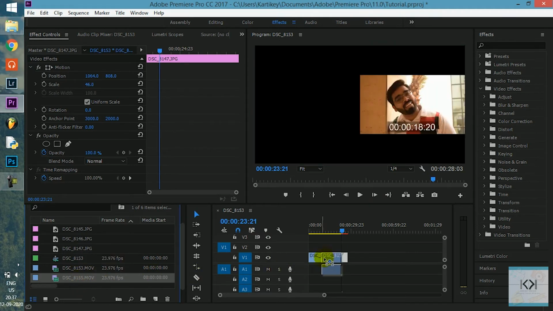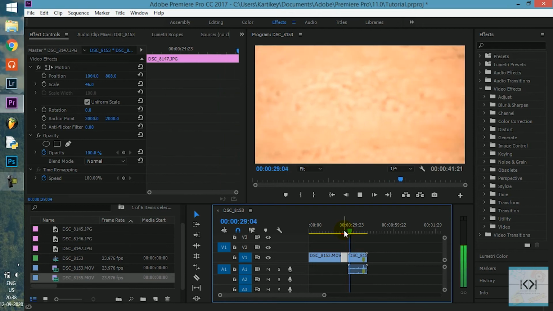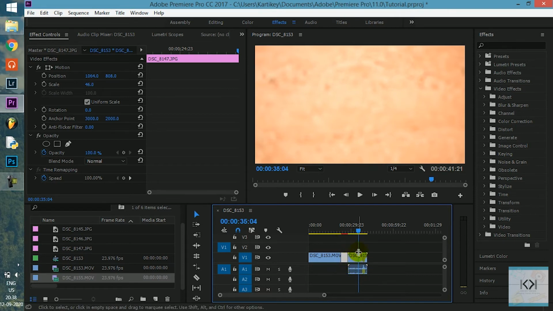Let's see if we can add some other media. Let's add this video. Okay, so we have added this video, and if you play it now, our next video starts playing. Okay, so let's say I want to remove this area that you see on the left of the playhead and in between, that photo. I want to remove this area.